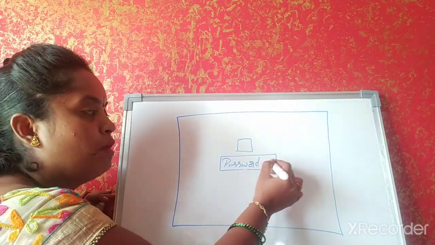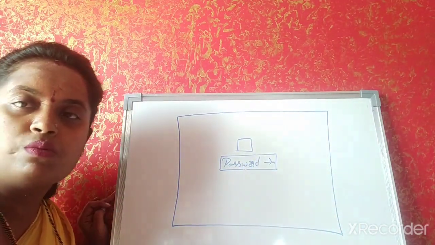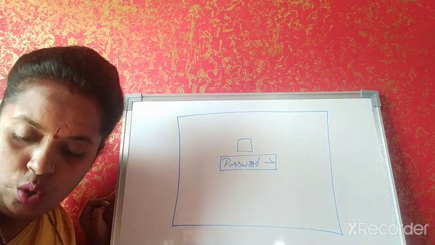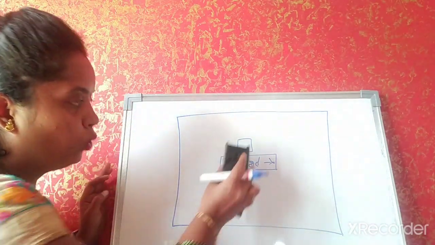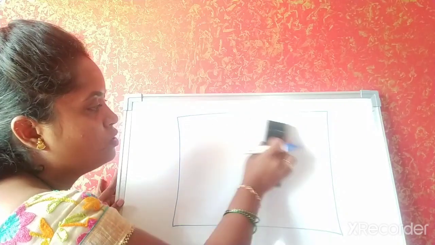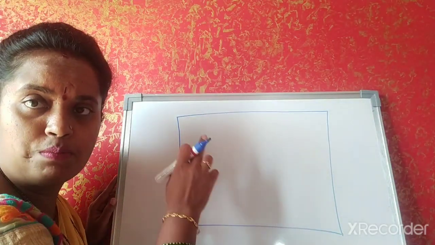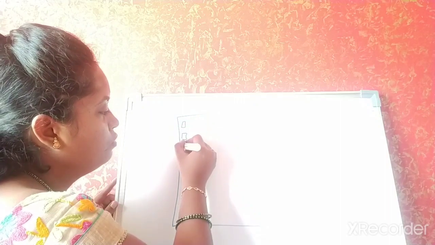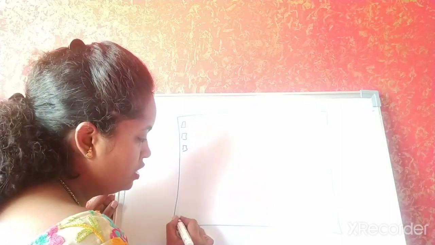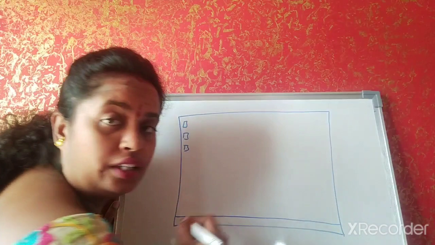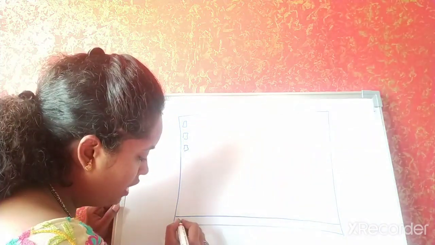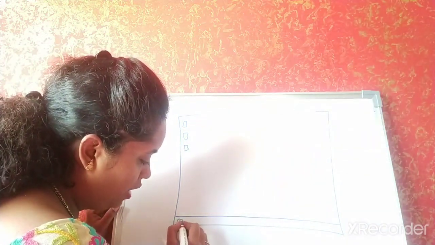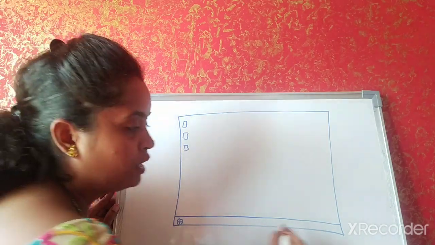Password: if you have given some password, once you click on that password, your Windows screen will open. How does your Windows screen look? We'll see now how your Windows screen will look. Once you give the password, you enter. So these are the icons. We'll see what icons are. This is called the taskbar. Fine. On the taskbar, you will have a start button here.